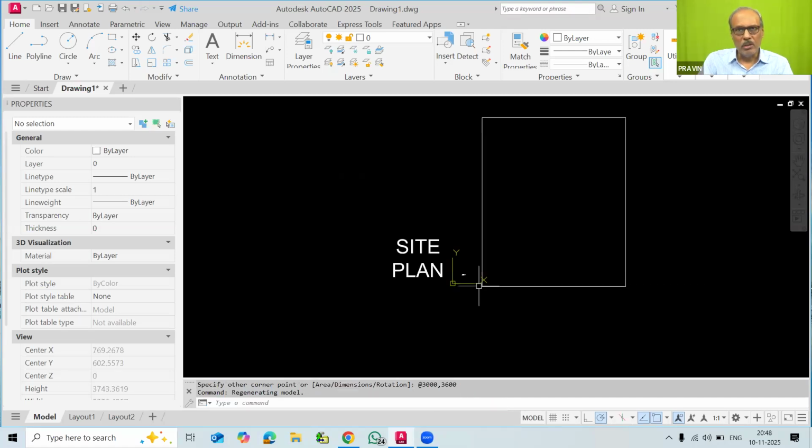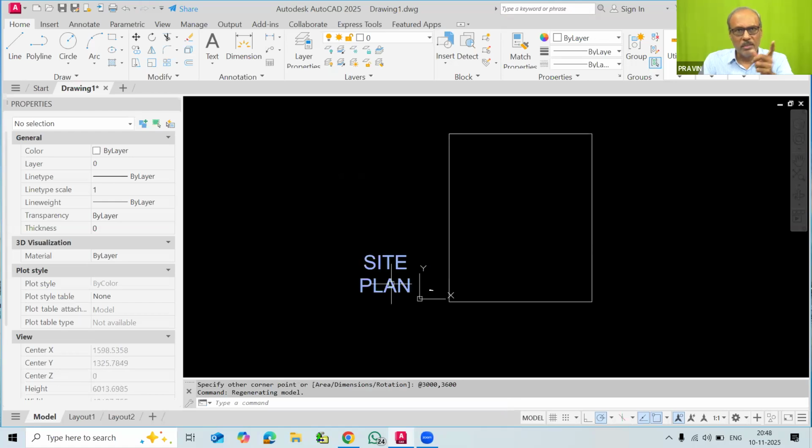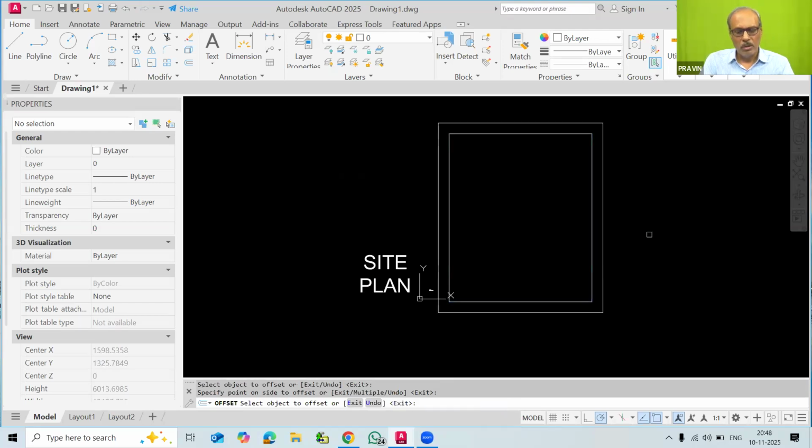Now you can see the room size is very big, and the text is suitable to that. Now we will make the offset. The width of the wall is 230, so I will take the offset distance 230 and offset this to the outside. In this way, this room I have created.